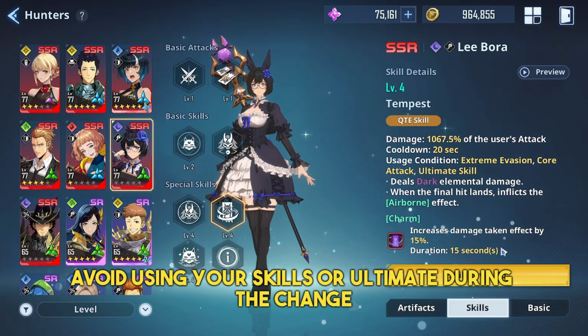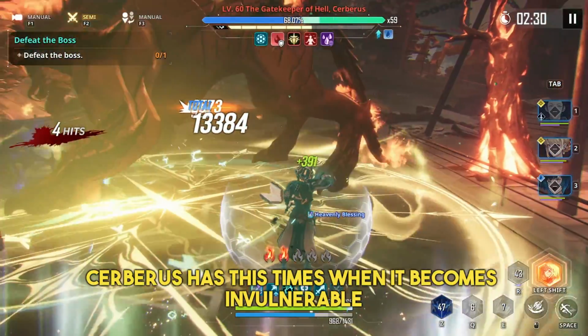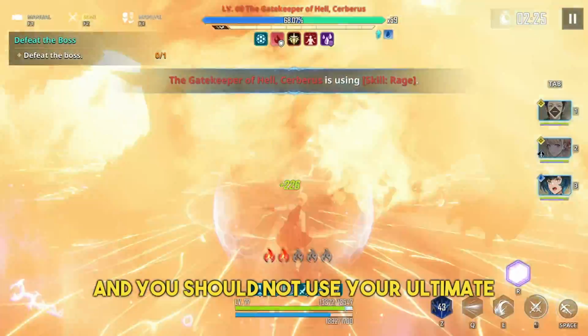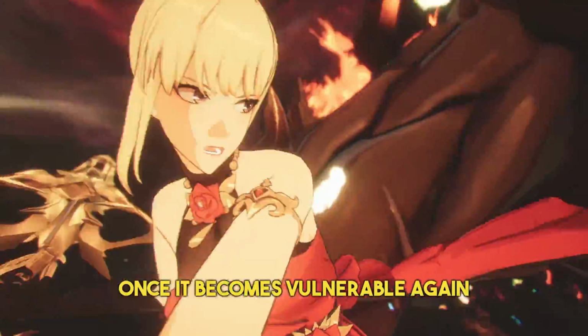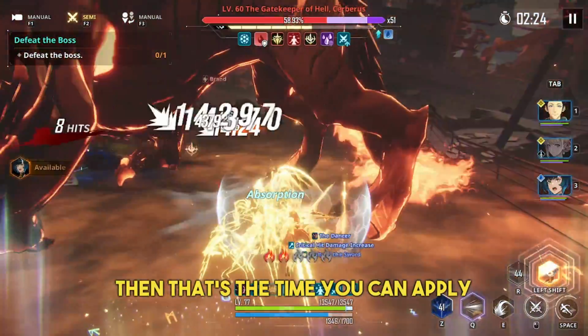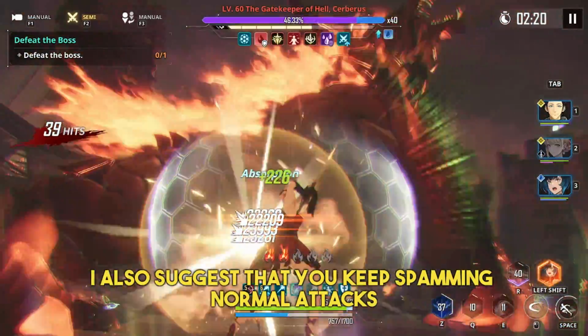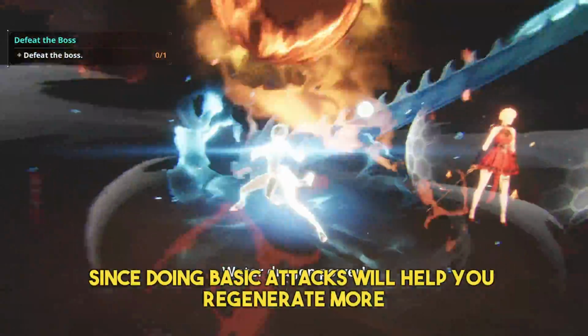Next is avoid using your skills or ultimate during the change phase. Cerberus has these times when he becomes invulnerable. That means that it will proceed to the next phase, and you should not use your ultimate or even skills to save up your MP and power gauge. Once he becomes vulnerable again, then that's the time you can apply debuffs and proceed with your rotation. I also suggest that you keep spamming normal attacks during the changing phase, since doing basic attacks will help you